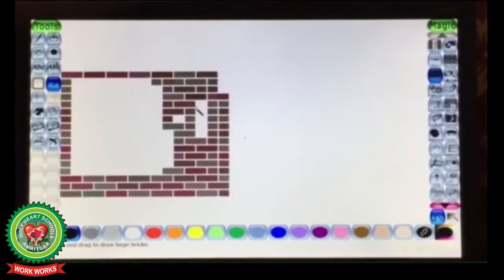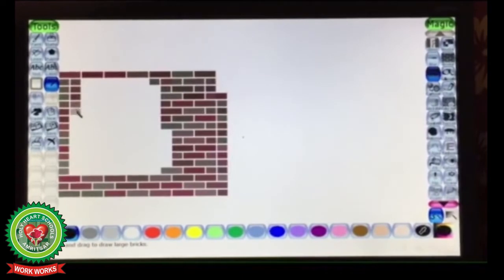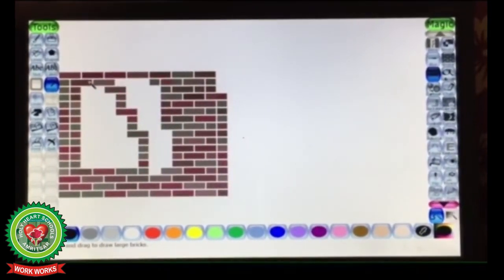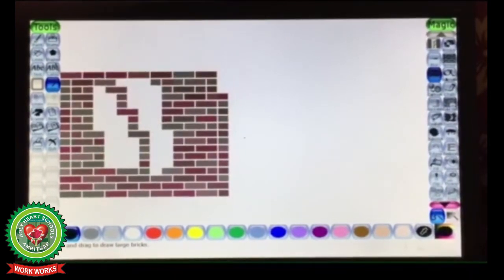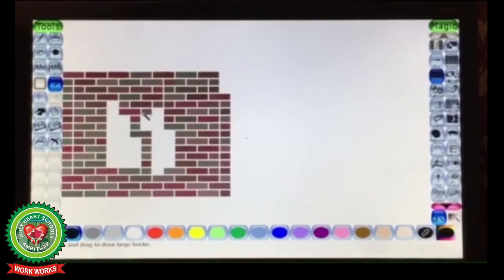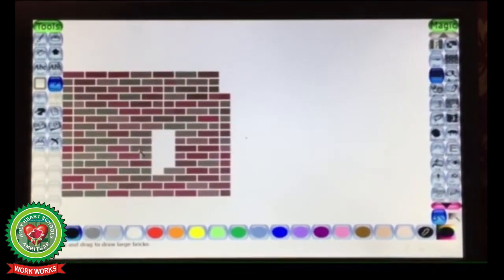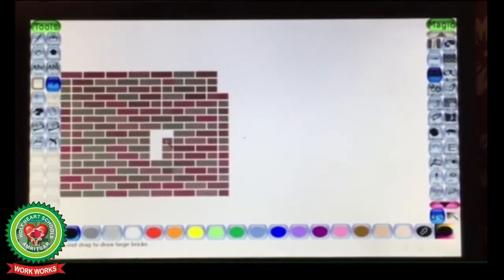In this way, keep on moving your mouse till your wall is not completed. So our wall is ready.